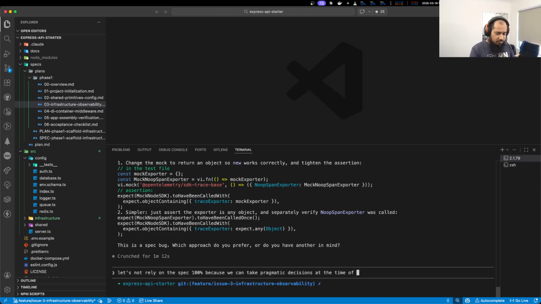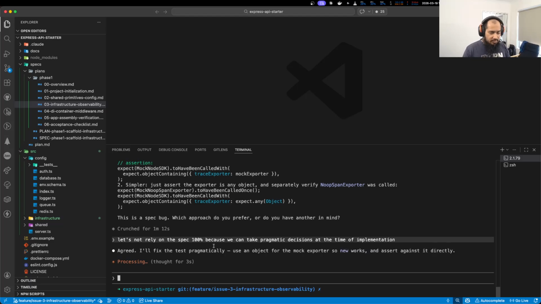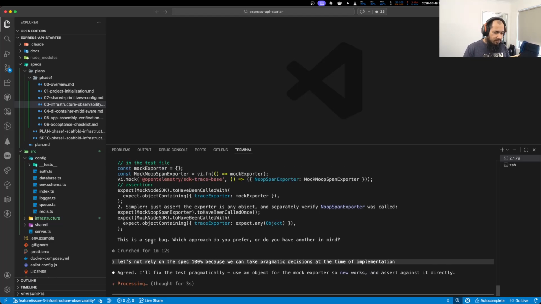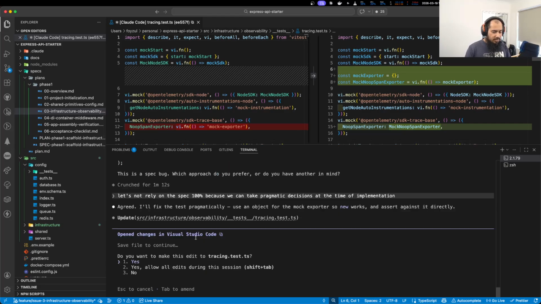At the time of implementation, what I'm saying here is, even though the spec has a bug, it's us, so we can change the implementation as we see fit, right?